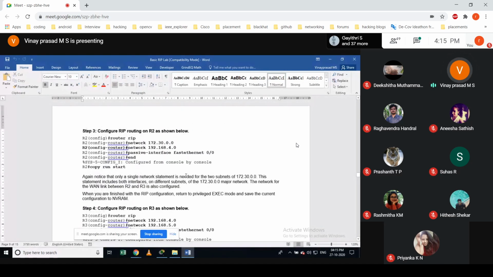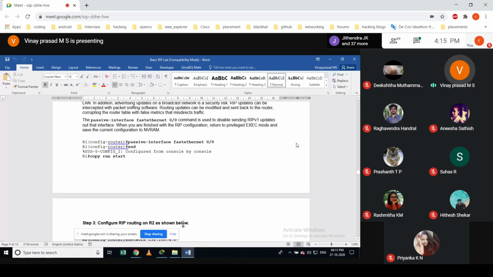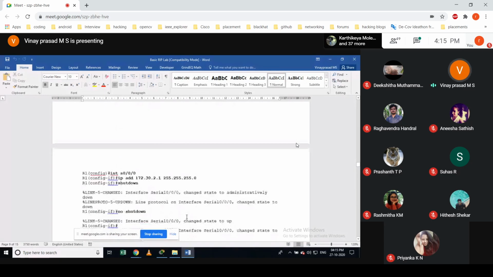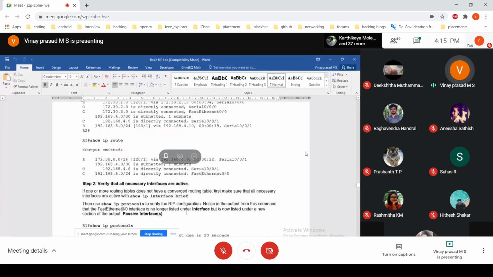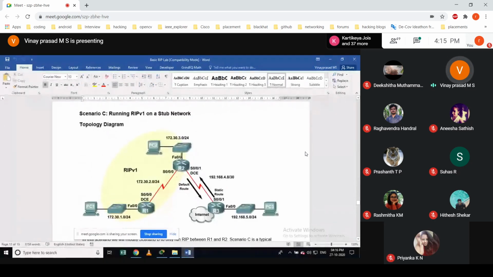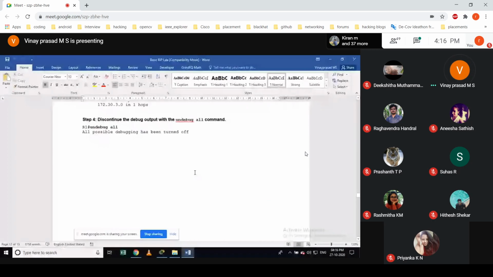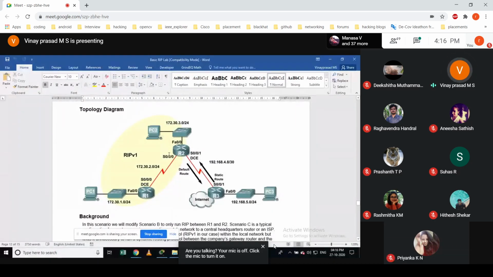So if I do passive interface F0/0 on this port, it is not going to send any of this routing information on this interface.